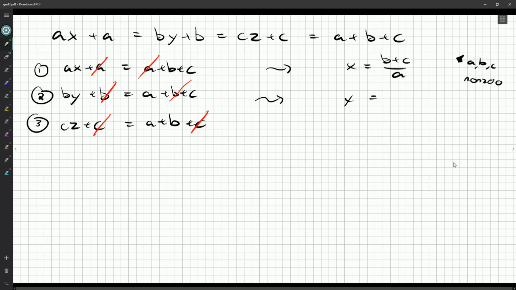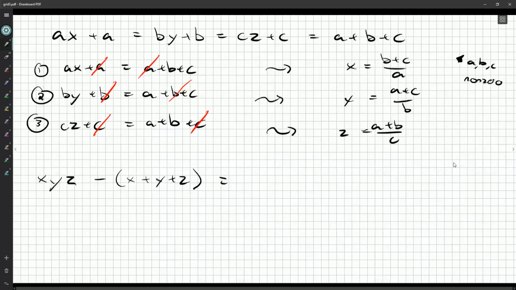Similarly, you're going to get (A plus C) over B for Y, and Z will be (A plus B) over C. Okay, so I've got X, Y, and Z. Now, do I just want to jump straight into this expression? I can now turn it just in terms of A's, B's, and C's. I don't know how useful that'll be, but